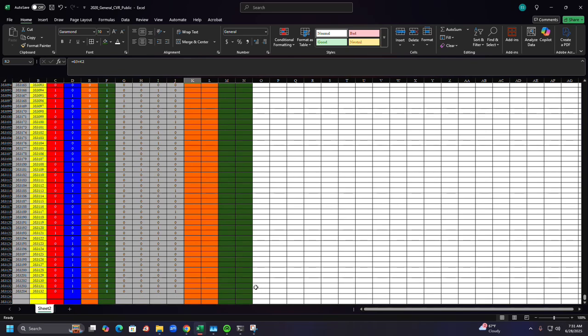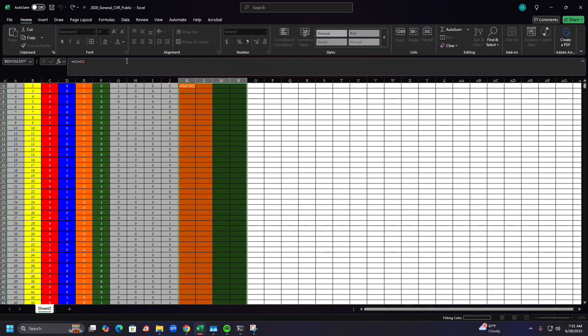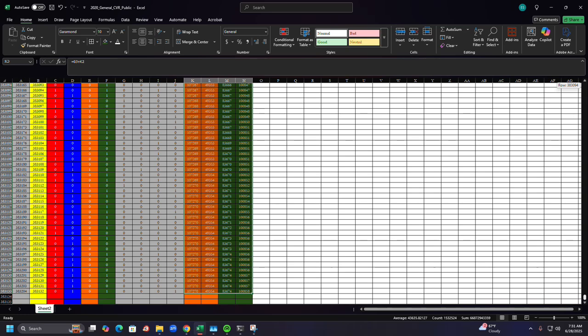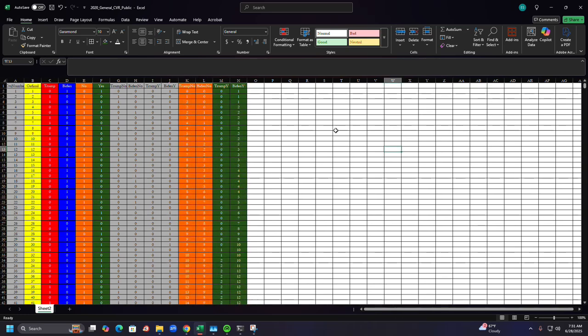Scroll to the bottom, hold Shift, click the bottom cell, then hit Control Enter. Okay, this gives us the running cumulative. All right, now we only care about 4 percentages here: Trump's total share of the vote, the total share of the no vote, people opposed, how Republicans voted, and how